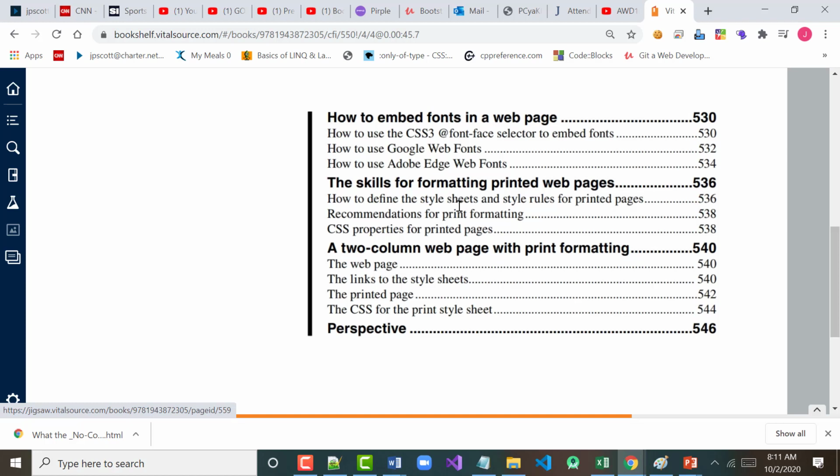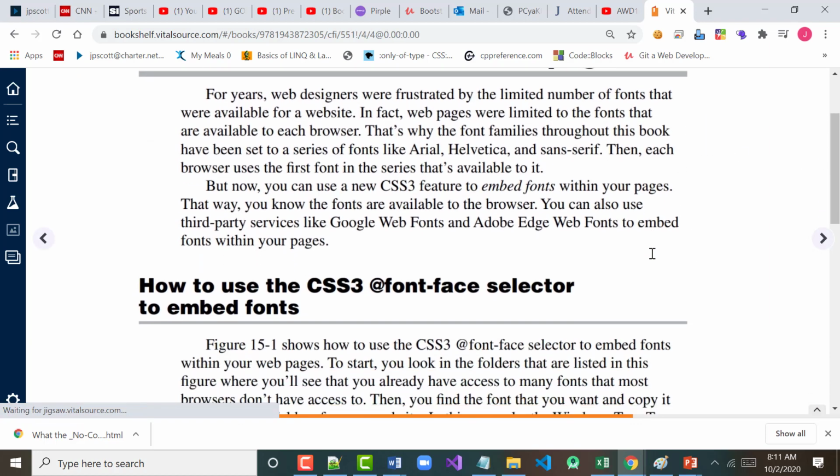All right, so we'll talk about those, and then they talk about how to set up a two-column web page for print formatting. Okay? All right. So again,